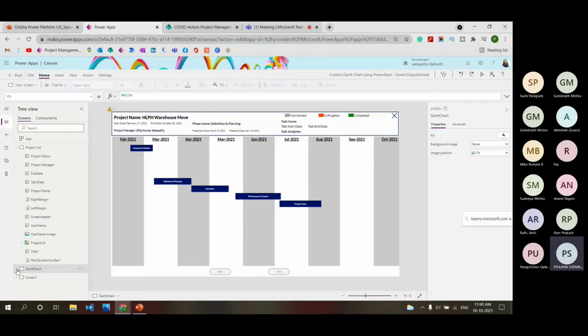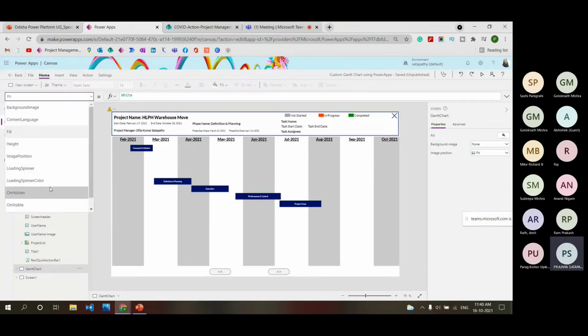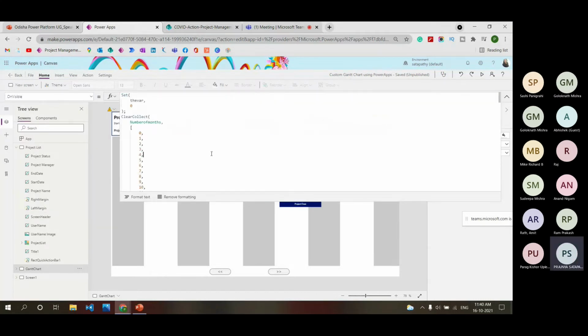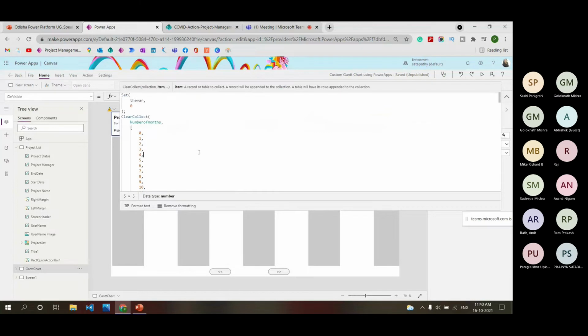This is my Gantt chart screen. On the OnVisible property of this screen, I have declared some variables. Suppose this is a counter variable, which I initially declared as 0. I'll tell you why this is required later on.